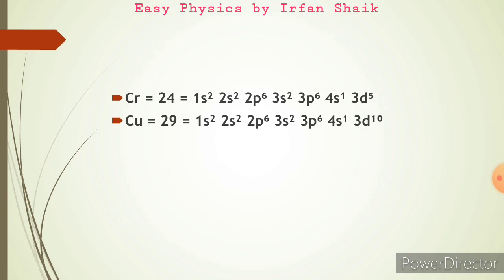The same case is applicable for copper also. So here the atomic number of copper is 29. Its configuration should be 4s2, 3d9 actually. But as per the stability of the copper element, one electron from 4s enters 3d. That's why the configuration changes to 4s1, 3d10.